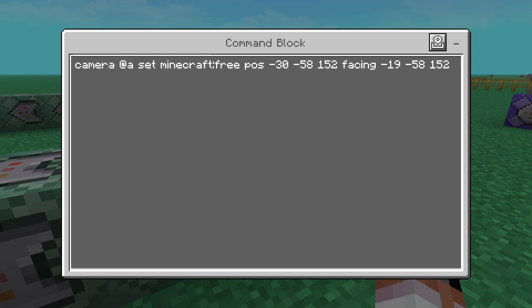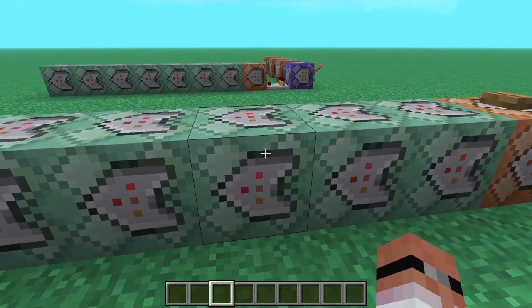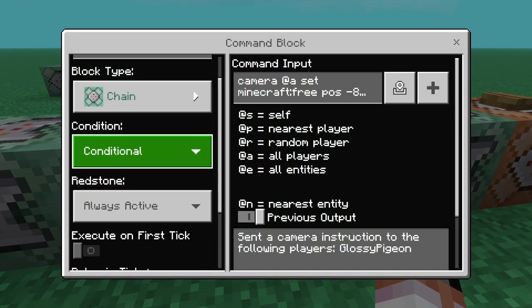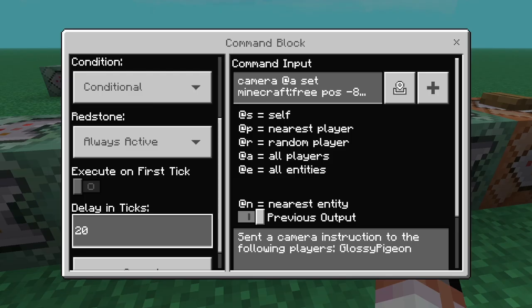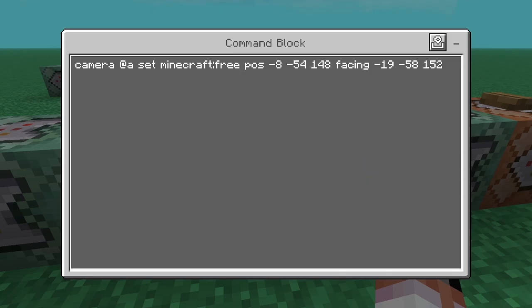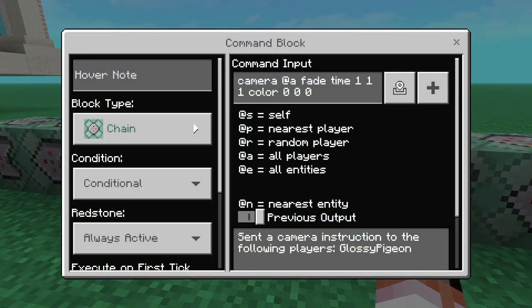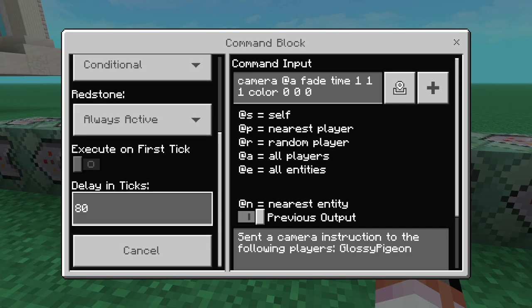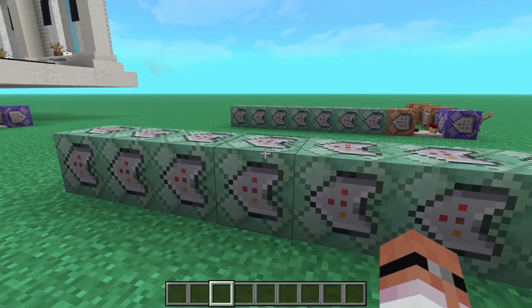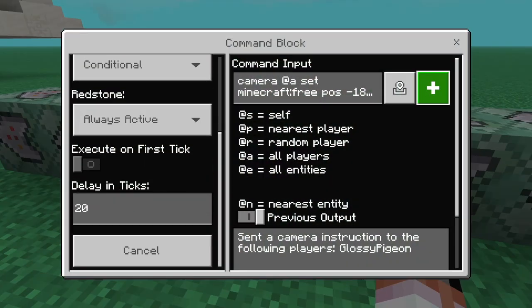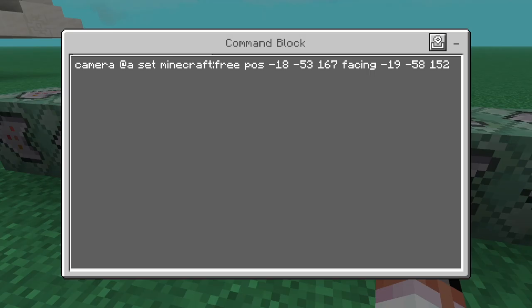The actual camera command is pretty simple, and if you're watching this video you should understand what's going on here. We set the camera as Minecraft free with a position closer to our target area and then facing what we want to look at. It therefore might not come as too much of a surprise that our next command block is set to conditional, always active, and has a delay of 20 seconds and sets a different position and facing value, creating that static look. We then have another command block with a fade command set to 80 tick delay, allowing us to once again see that perspective, and once again that triggers into another one with a 20-second delay, which creates an initial static